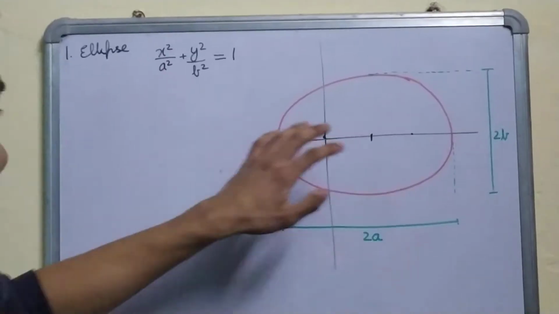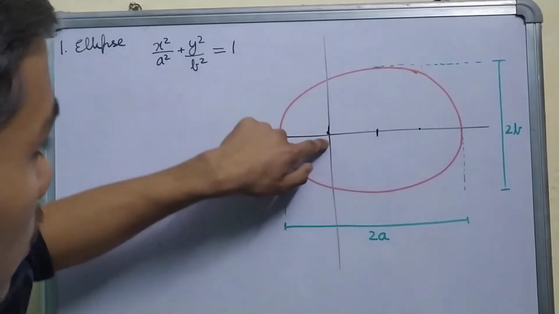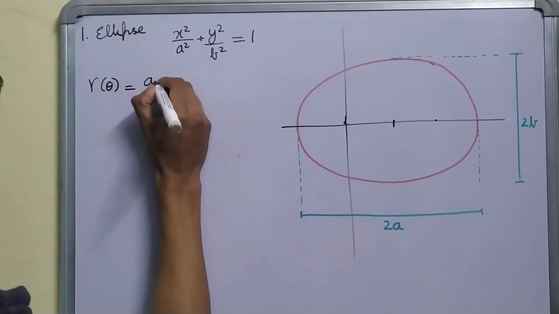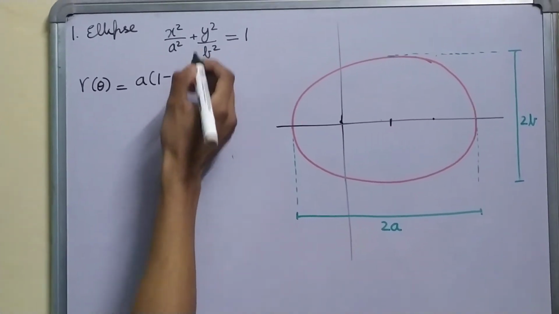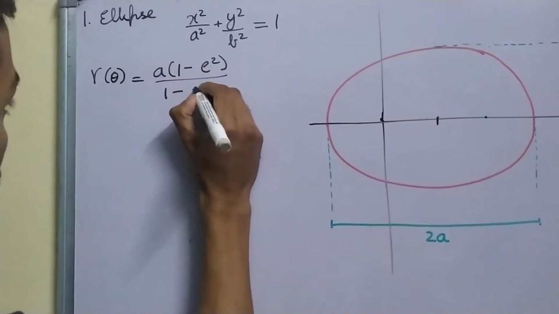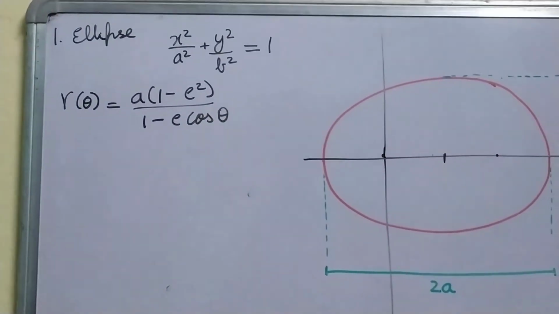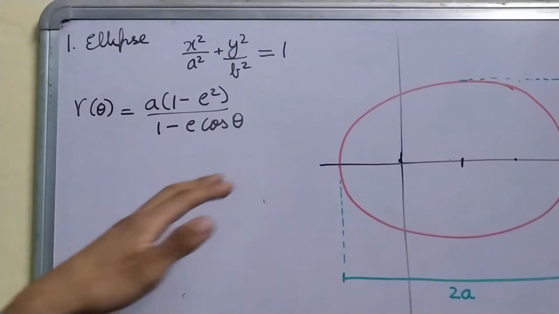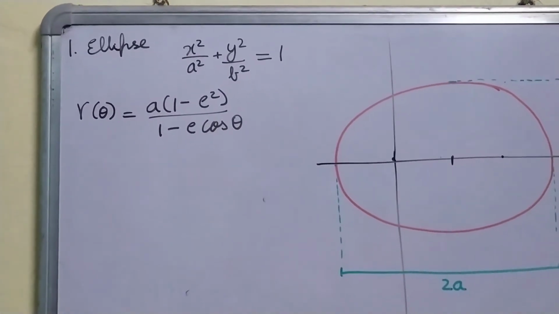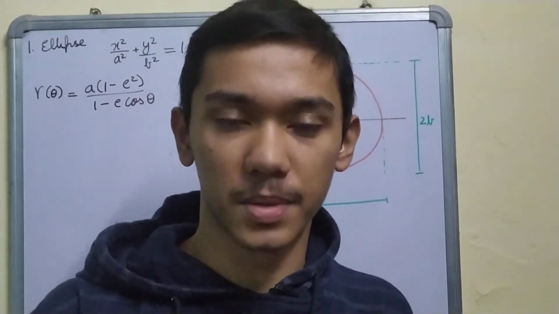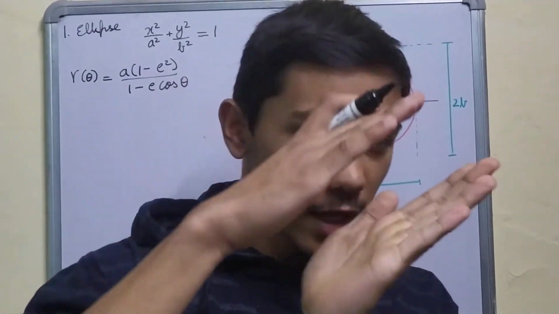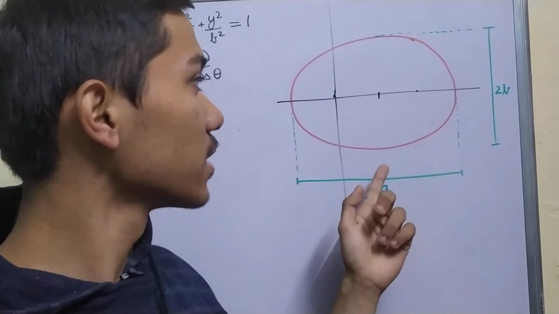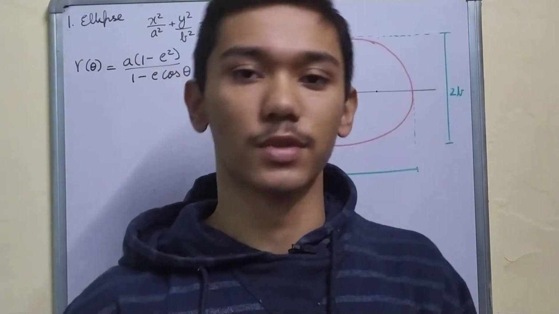The equation of an ellipse in polar coordinates with one of your foci at the origin is r as a function of theta: a(1 minus e squared) upon 1 minus e cos theta. This is the equation. e is the eccentricity, root of 1 minus b squared upon a squared. It basically tells you how squished your ellipse is. If your eccentricity is very close to 1, then it's very squished, and if it's 0, it's basically a circle with your major axis equal to minor axis, or in other words a equal to b, which is the radius of the circle.